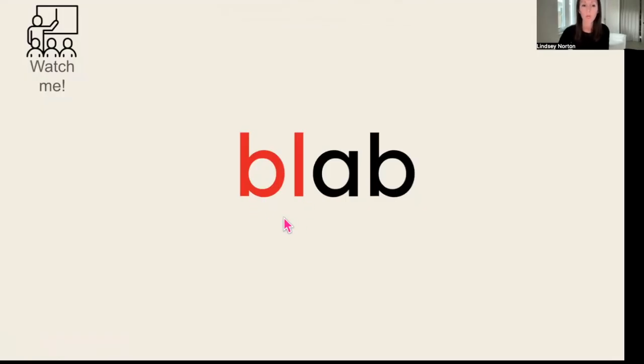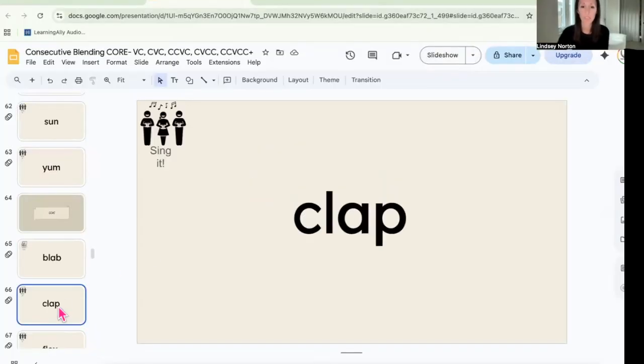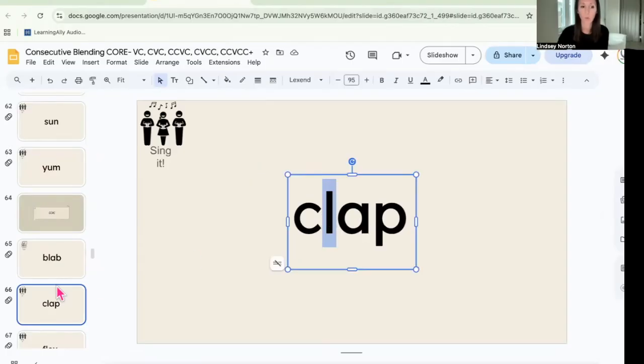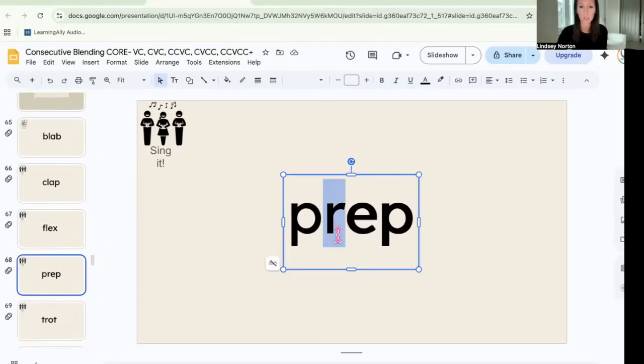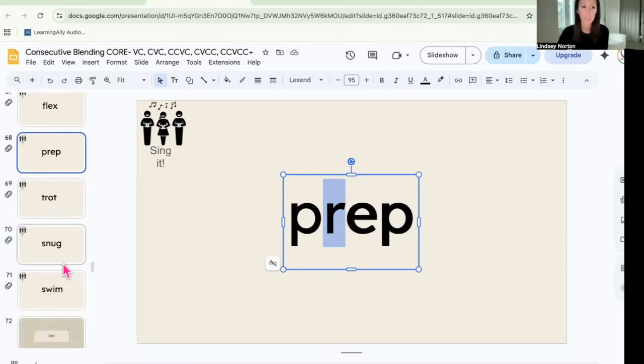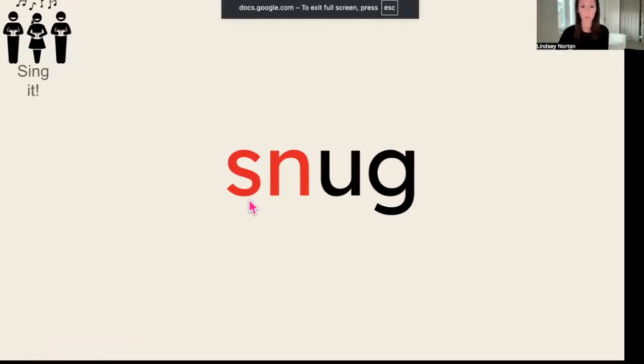So I'll have them go "bl... blab," and then say blab. And again, this second letter was selected very carefully to enable them to hold that sound out for a really long time. So we can hold the l sound out, right? We can hold those sounds out for a good long time. And I want the student to hold it out for a good long time before they make the change and